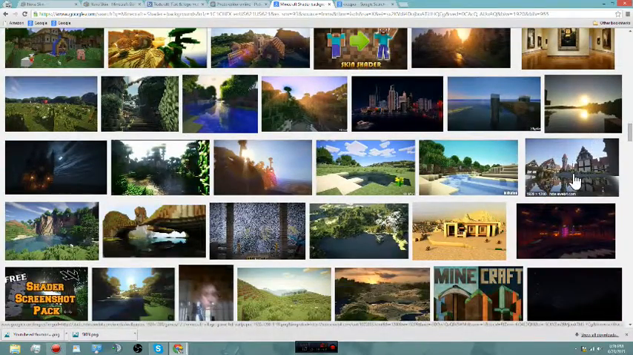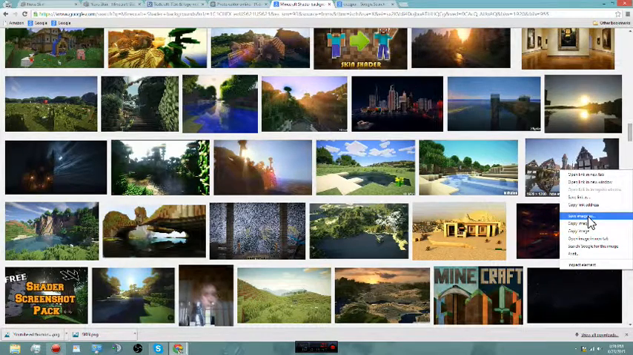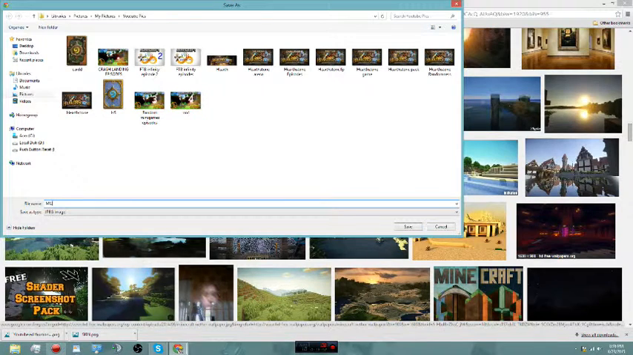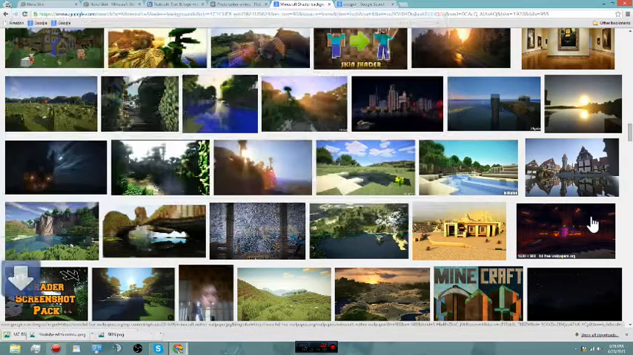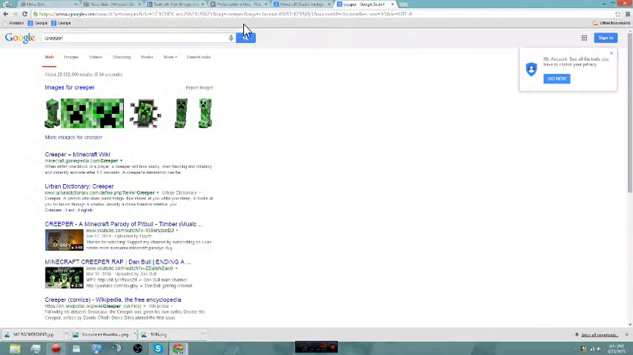So let's search. This one looks cool. So I'm going to save the image as, and I'm going to do MC background. No, that's not how you spell background. Okay. So now let's say that